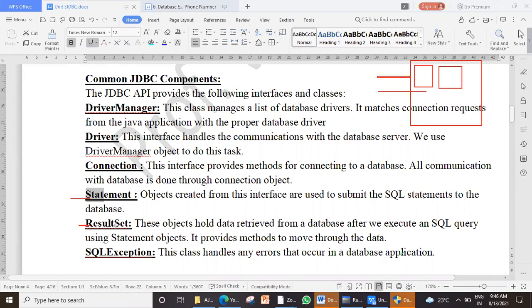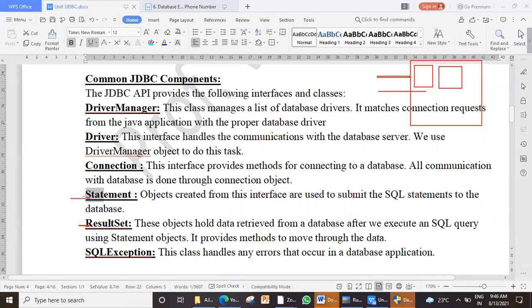Once the result set is created, then you can display it using a for loop or using your text field, setText, taking data from there. You can even display it anywhere on any component. So basically, these are the objects which you will be working with. Other than that, there is also another class which you will be working with, that is SQL exception.